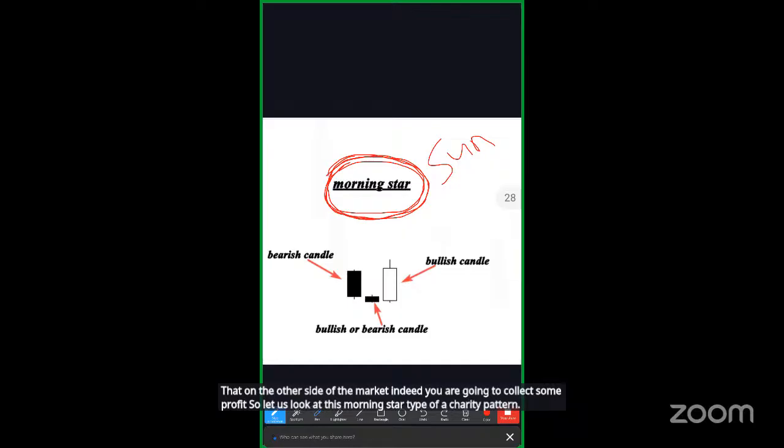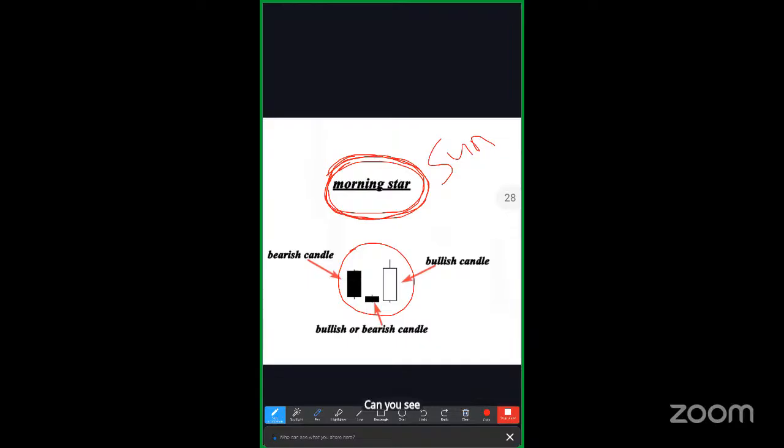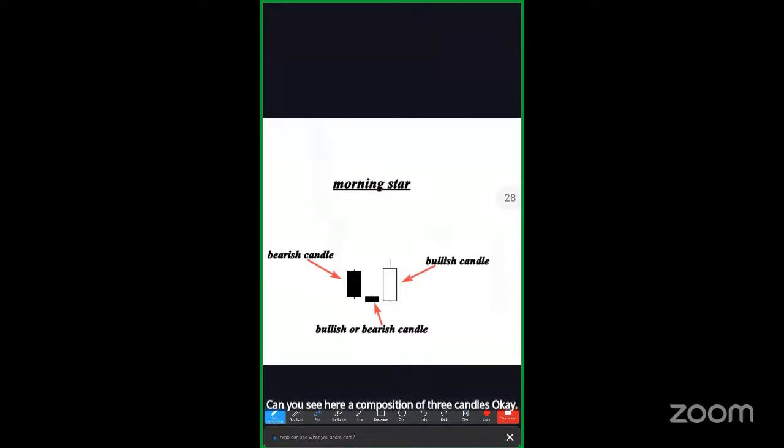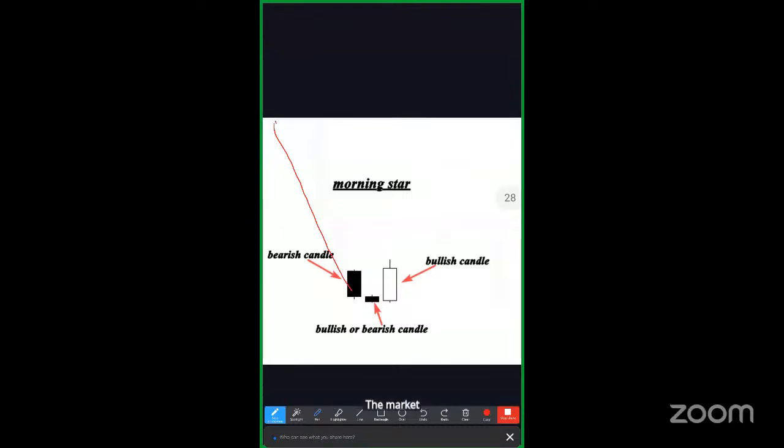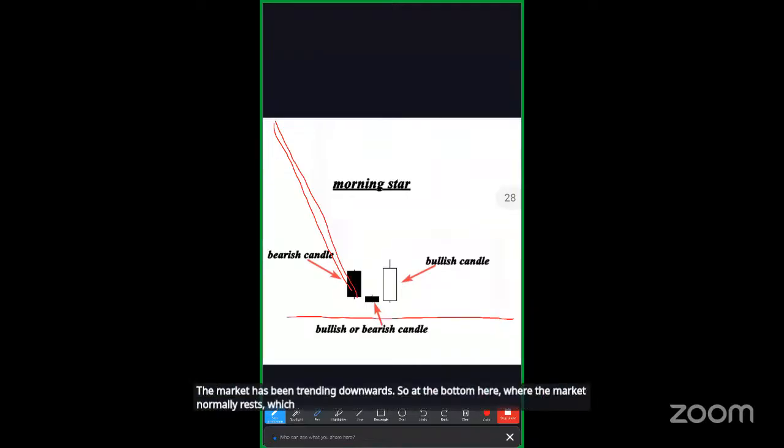What are they composed of? It is a composition of 3 candlestick chart patterns. Can you see here? A composition of 3 candles. In your mind, I want you to understand that you are looking at the market this way. This is a downtrend market. The market has been trending downwards, right? So at the bottom here, where the market normally rests, which we call the oversold region,